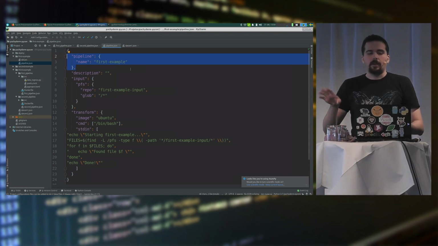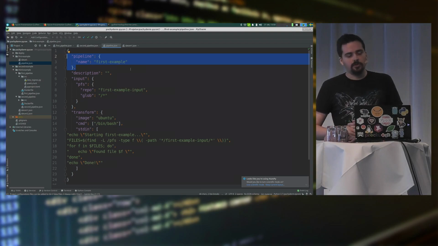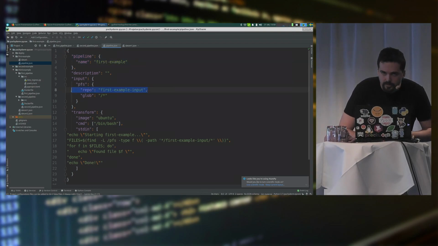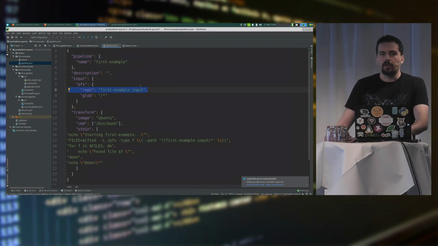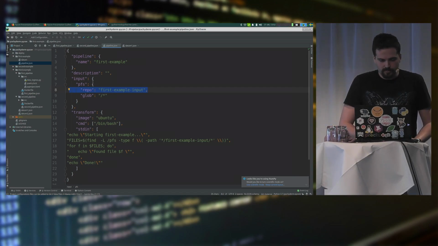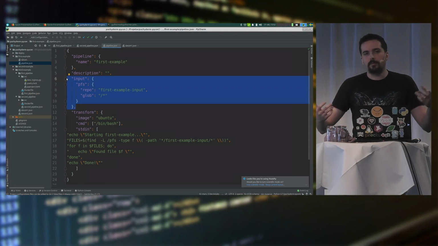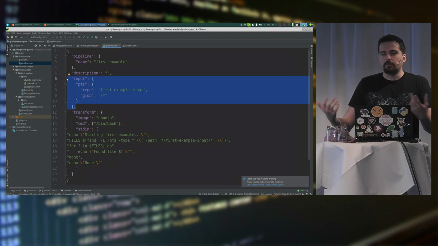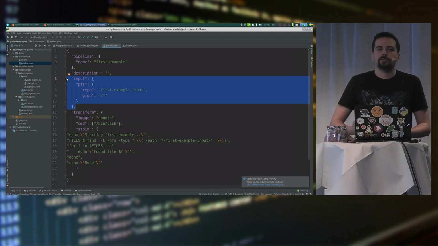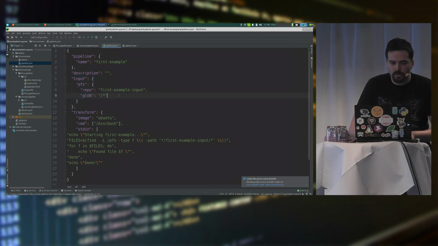But maybe a pipeline in Pachyderm is more like a job spawner. It listens on an input repository for changes and processes those. Now, let's move on. We have a list of input repositories, which Pachyderm deals with kind of like a pub/sub. It's listening for changes in those repositories, and then it's going to spawn jobs for you. But the different thing here is this glob thing.